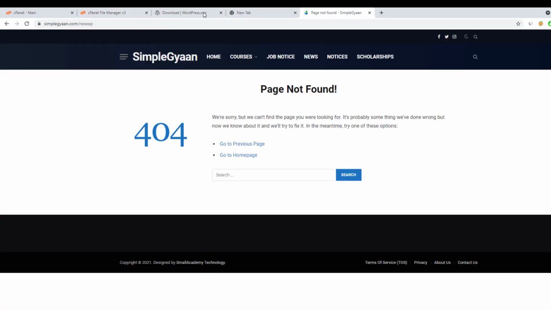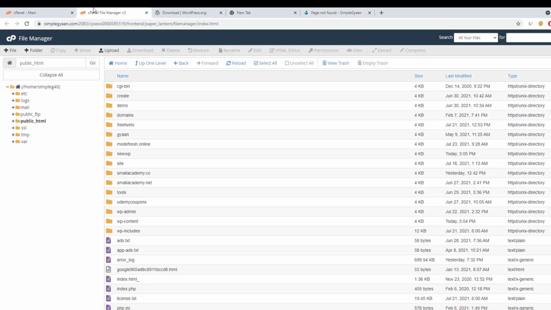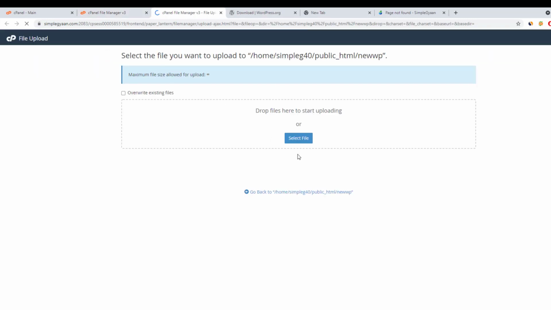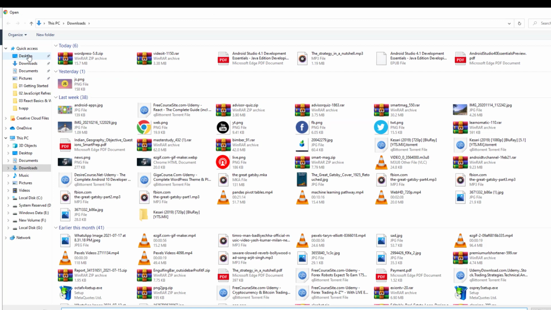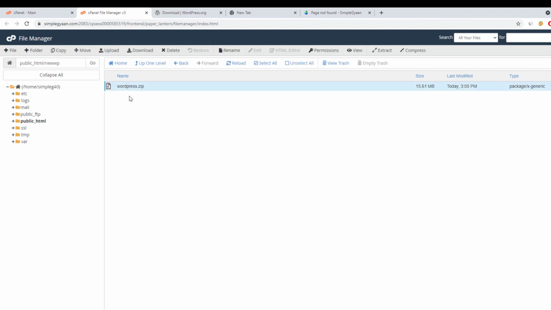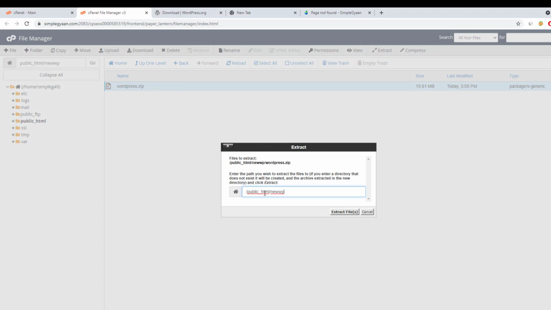Okay, now if I refresh it, we are still getting this not found error. So let me go back here and go inside the new folder, and I will click on upload here, and I will select the zip file that we have just created from the desktop. Okay, so this is the WordPress file, upload it, and it's going to take a few seconds. So I'll go back to the directory here, and you can see we already have this WordPress.zip file. So I will go ahead and extract this zip file right in this directory. So this is the correct one, newWP. Okay, so click on extract,